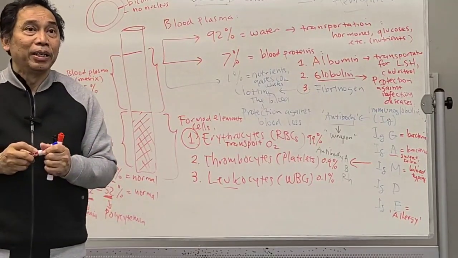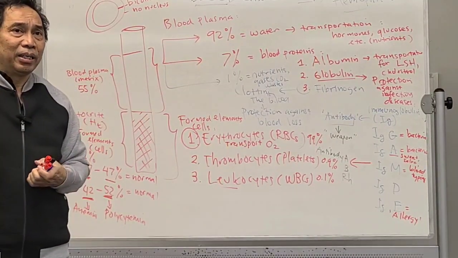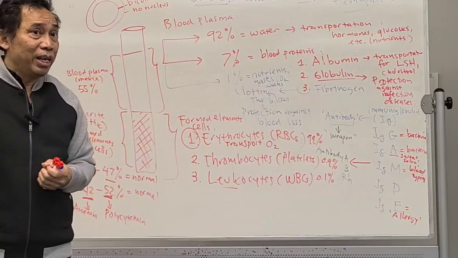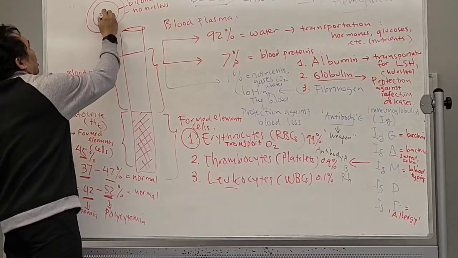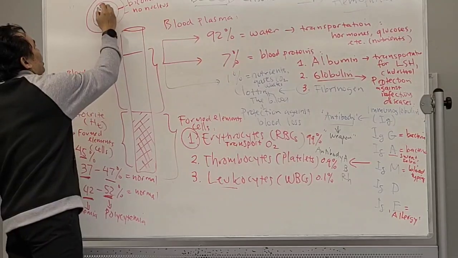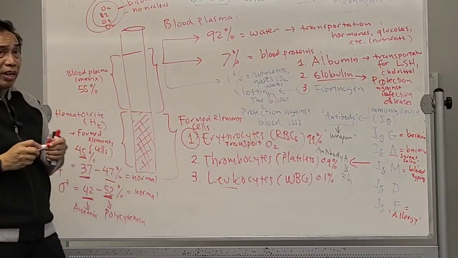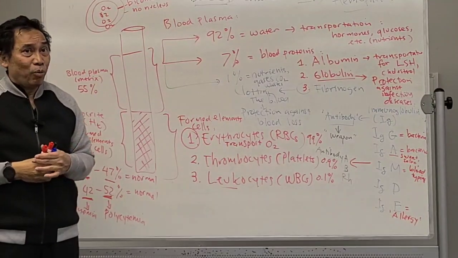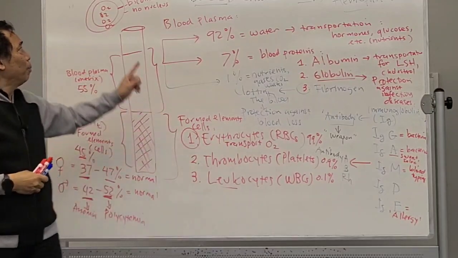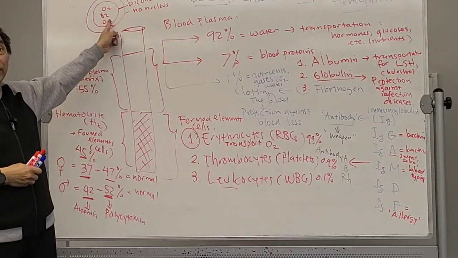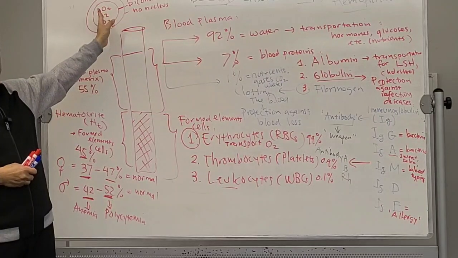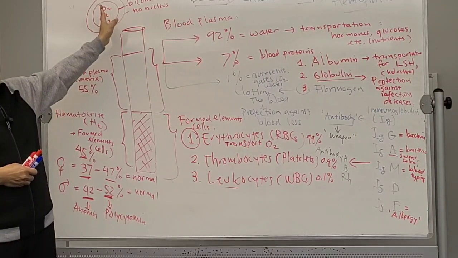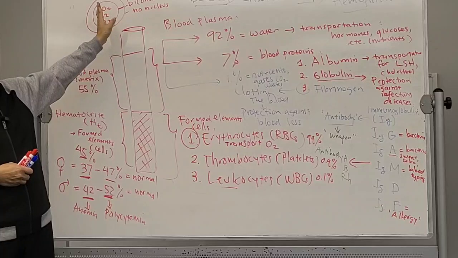Why? Because the nucleus is big, and we need a lot of space to carry oxygen. So instead of having a nucleus, we actually expel the nucleus from the red blood cell. The red blood cell can kind of sacrifice for us. It says, I don't need a nucleus, because yes, you need to carry a lot of oxygen.